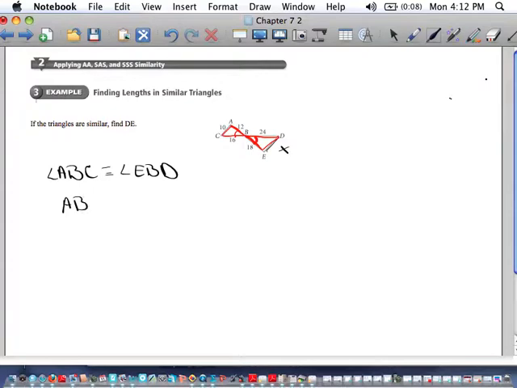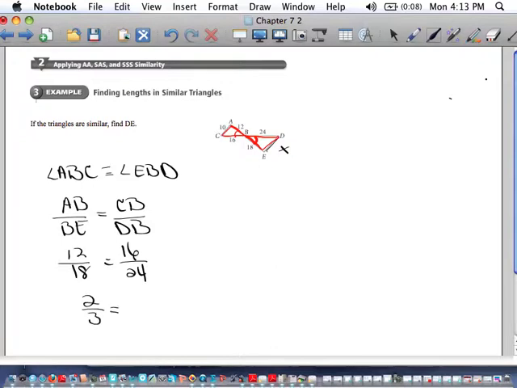So the next thing I have to know is if I have those sides proportional. So AB is to BE as CB is to DB. AB is 12, BE is 18, CB is 16, BD is 24. Both 12 and 18 are divisible by 6, and I get 2/3. 16 and 24 are both divisible by 8, and again I get 2/3. So I can say that these triangles are similar, and my similarity ratio